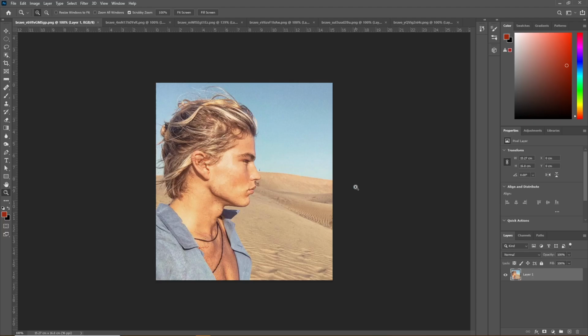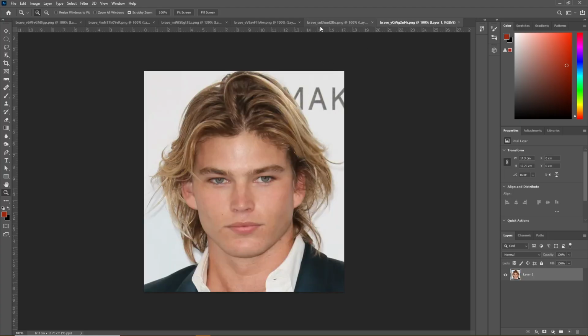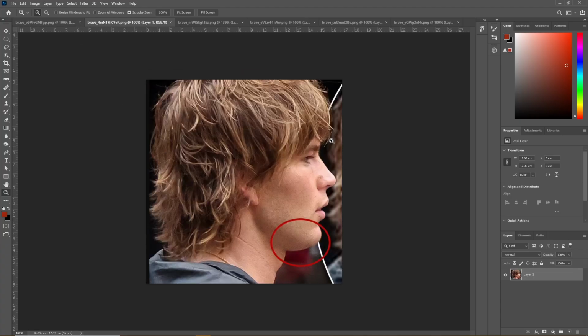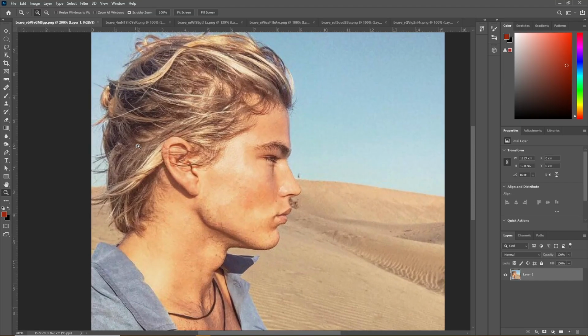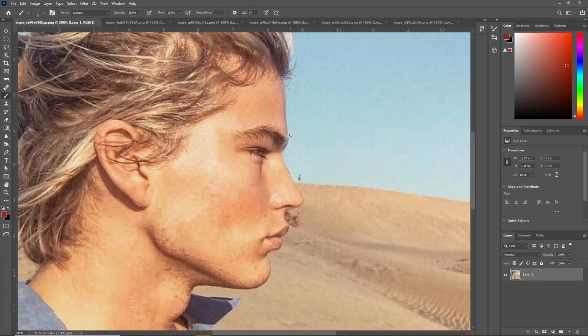Okay, welcome back. In this video we're going to be analyzing Jordan Barrett, who is a prominent male model, and first we'll begin with his side profile. So we have these two photos. I've already gone ahead and measured everything, and we'll take a look at how attractive his face is from his